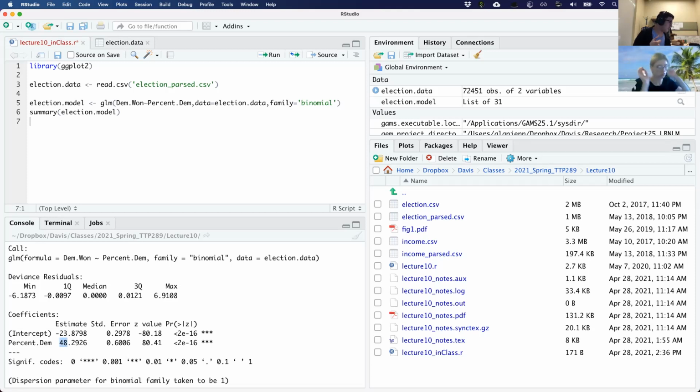And so let's jump back into the notes to see how I would actually go about interpreting this and why it's not the same as a linear model. The very first thing to remember is that we are not doing y equals beta 0 plus beta 1x.